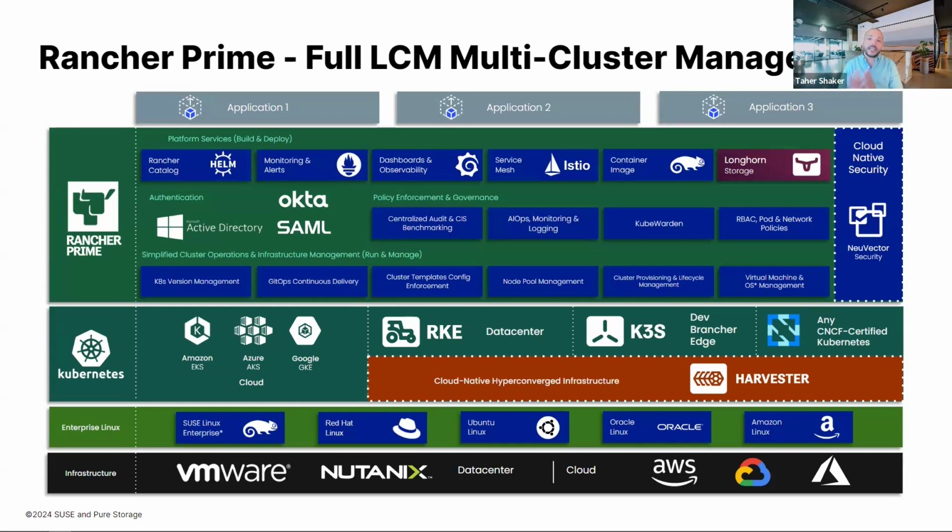Well, first of all, from a day zero perspective, it can provide you with automated provisioning. You can create templates so that you can provide container as a service, Kubernetes cluster as a service. Rancher also has the capability for virtual machine and operating system management. It does provide you with GitOps continuous delivery. So there are a lot of features and capabilities that Rancher can offer for day zero and even day one as well. For day two, policy enforcement, centralized authentication,